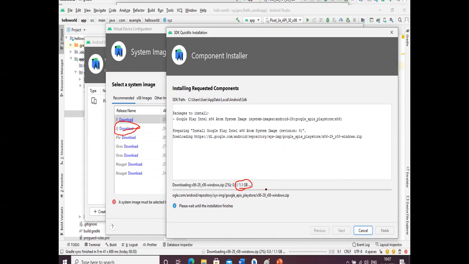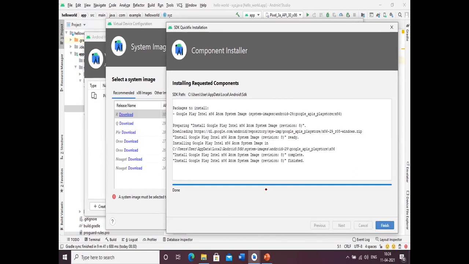But if you don't have virtualization set in your system, you can do this by enabling it in your BIOS. This has to be done because you cannot add a virtual device otherwise. You can do this by restarting your computer, pressing the escape button, going to the system configuration, selecting virtualization, and enabling it. As I already have it enabled in my computer system, that's the reason it is downloading on its own. Here it is done.